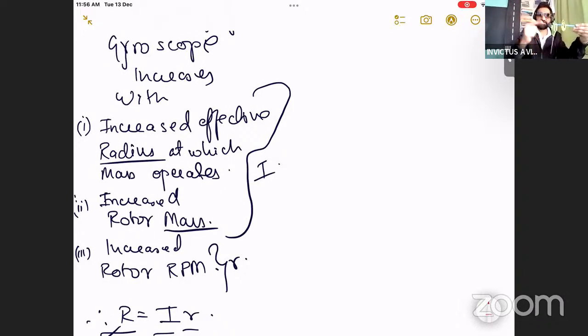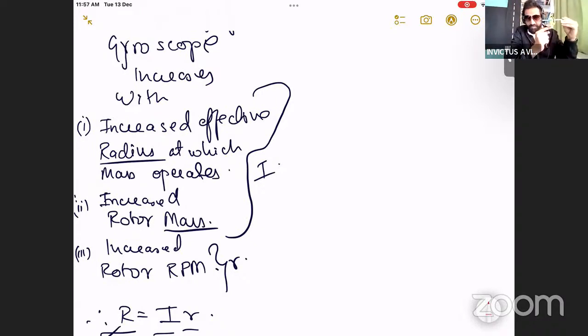If this weight is pulling the force down, this is the torque, like this, okay? It means this will put a force here on this side of the disc. Remember, if the force is down, this will induce a force directly on the disc here. So this is the point on the disc where the torque will act if the force is down. And as per the rule, the precession will act